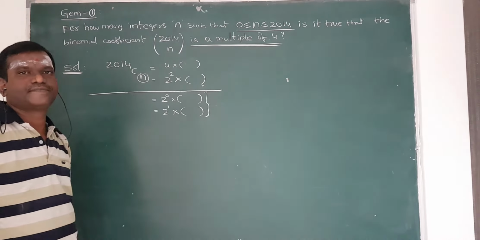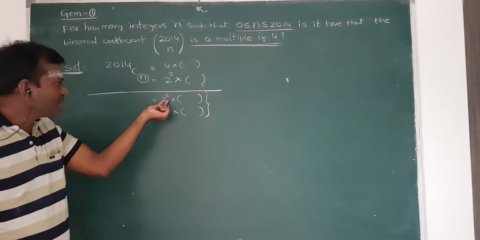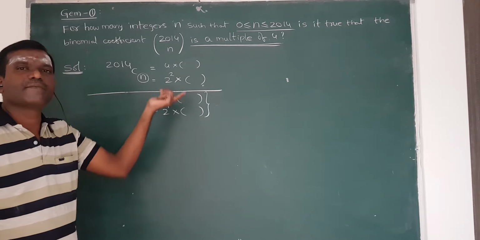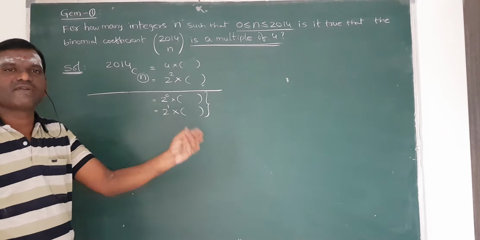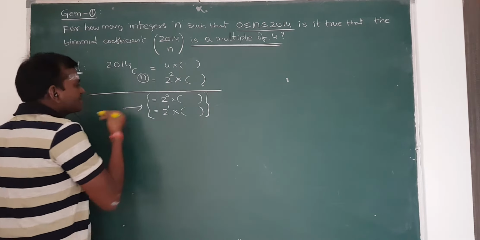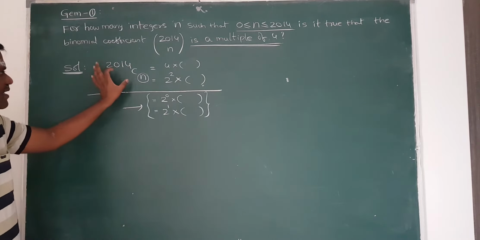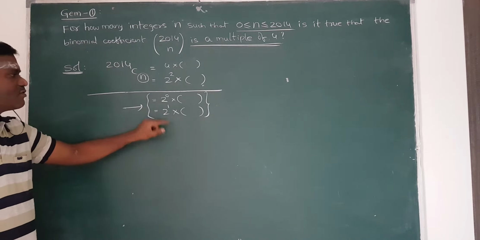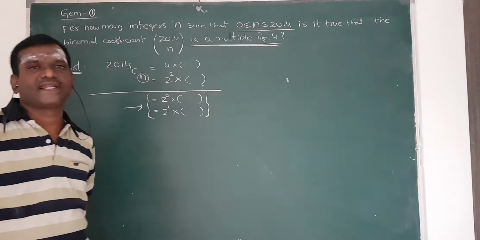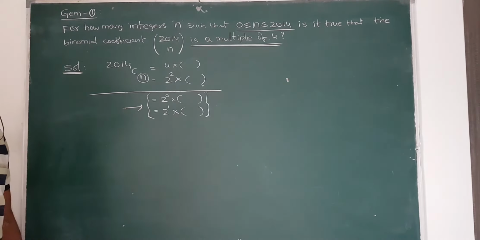so that the remaining values of n give a multiple of 4. After 2 power 0 and 2 power 1, if it takes 2 square, that is a multiple of 4: 2 square, 2 cube, whatever it is. So that's why I will find these two values. For how many values of n does this expansion have 2 power 0 and 2 power 1. Then I will subtract the sum from the 2015. That is the required answer. That is the procedure we have to follow.